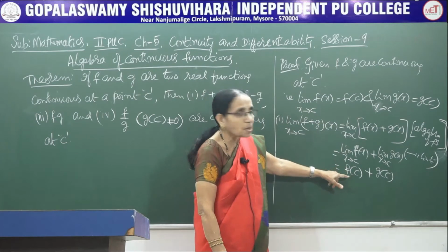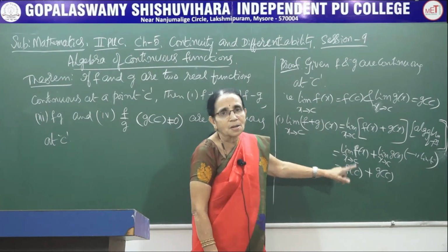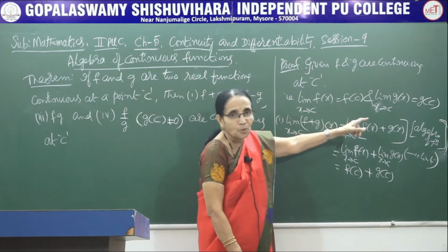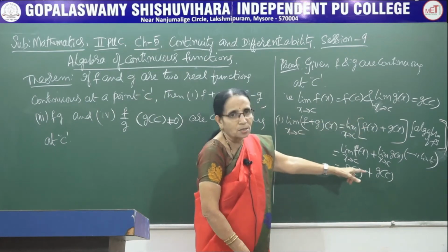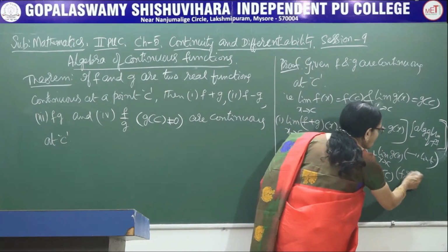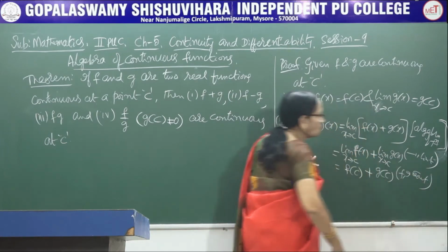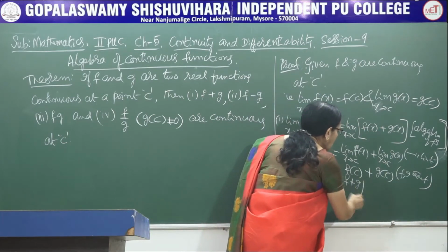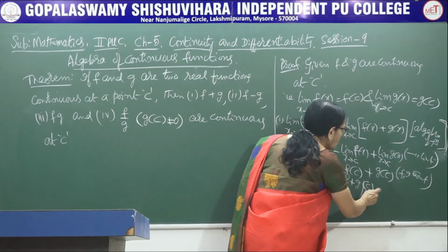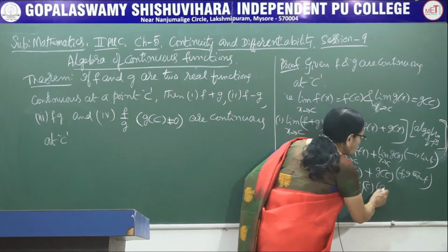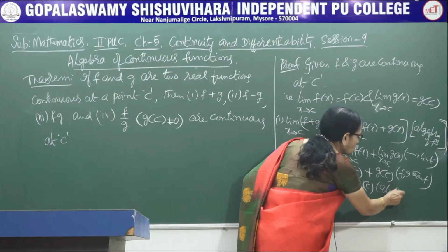The reason that should be given is since they are continuous, or if you have written this already, you can give a number 1 like that, or you can write the functions f and g are continuous. Give the reason f and g are continuous. Now you can write it together as (f plus g) of c. What is the reason? Again we go back to the first reason. This is algebra of the functions.